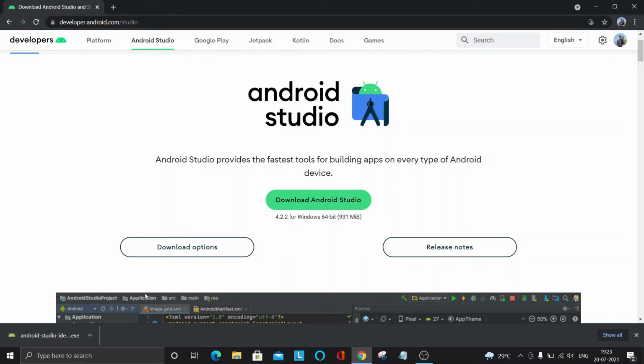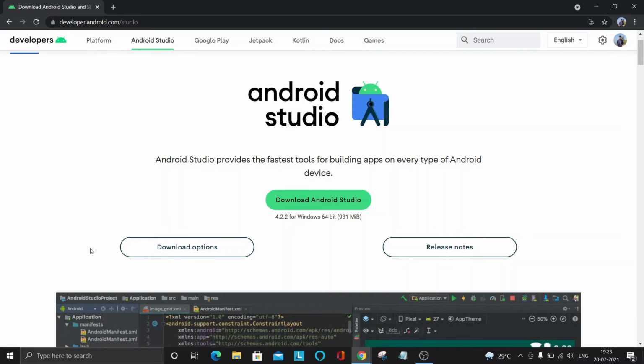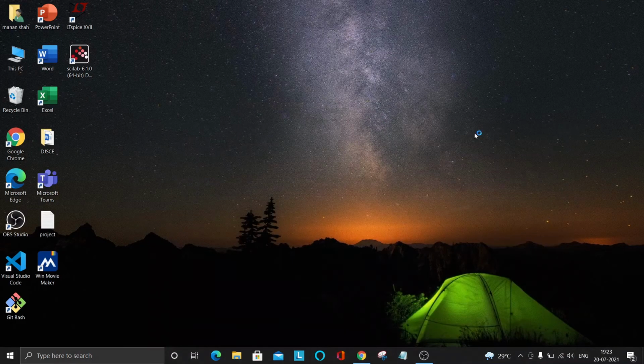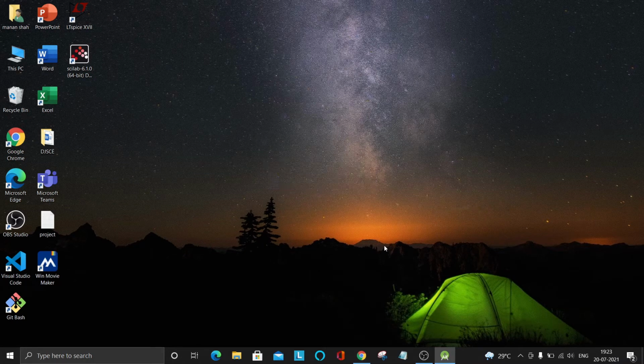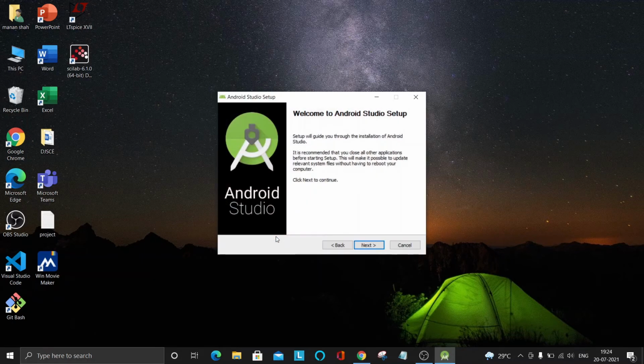After finishing the download, just double click on it. Here the setup wizard has come.